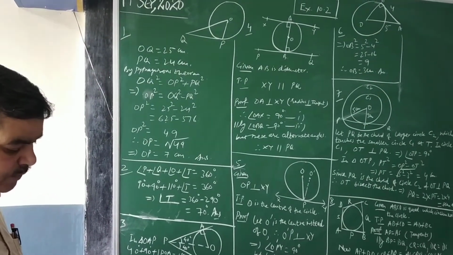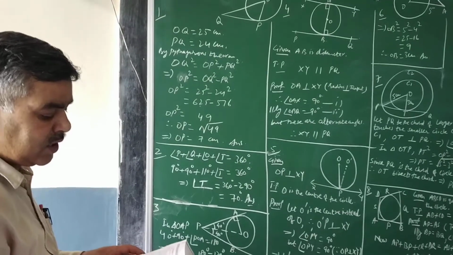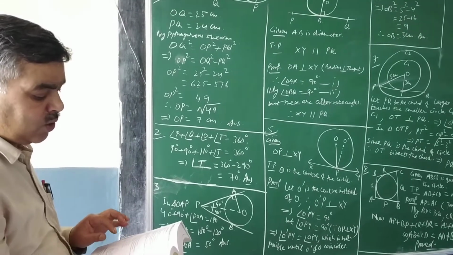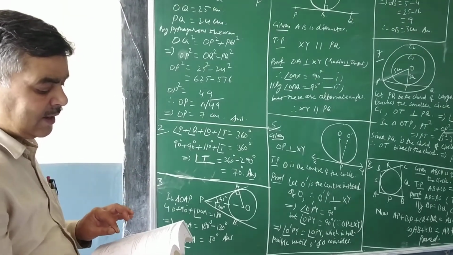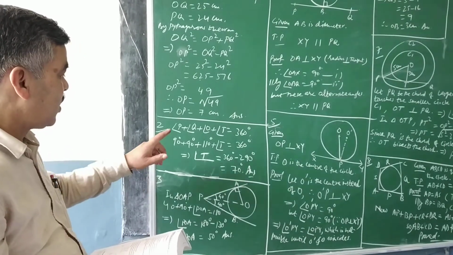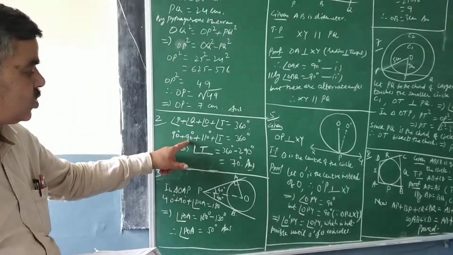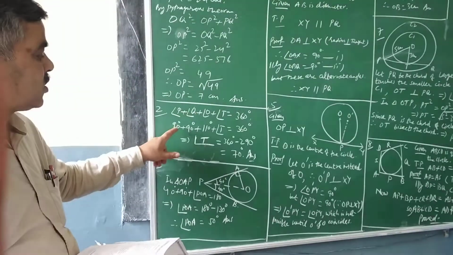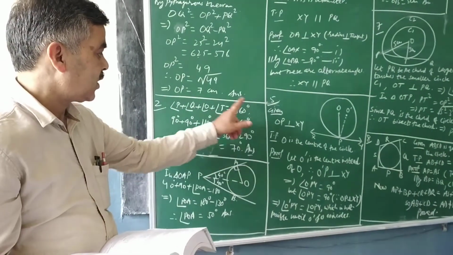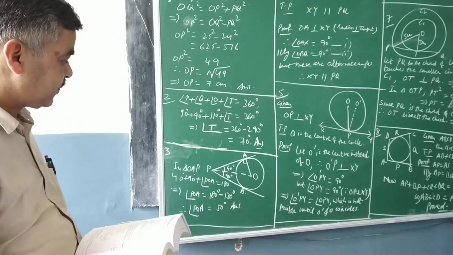Then in the second question, the figure is given to you, and in this given figure you are getting a quadrilateral, that is OQTP, where OQ and OP are the radii, and TP and TQ are the tangents. So the radius again is perpendicular to the tangent. In that way, the angle at P and the angle at Q will both be 90 degrees each. Why 90 degrees? Because again the radius is perpendicular to the tangent, and angle O is given as 110. Now apply the quadrilateral angle sum property here and get the fourth one. The answer will be equal to 70 degrees.